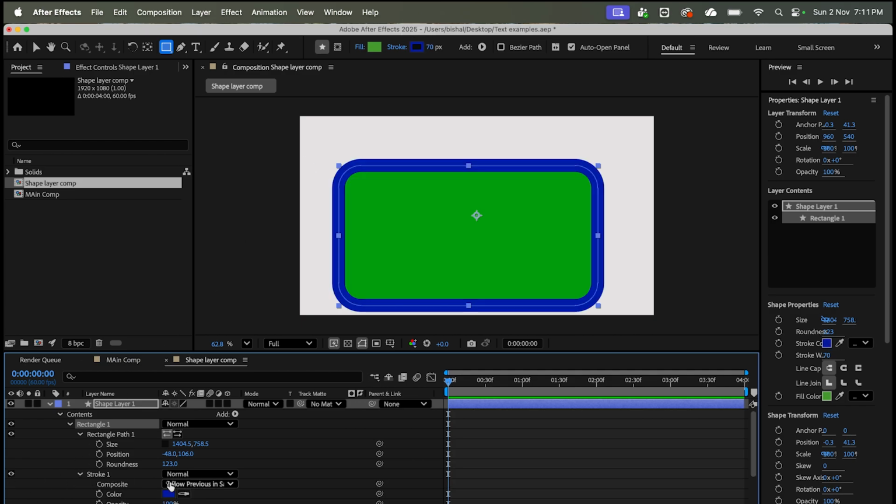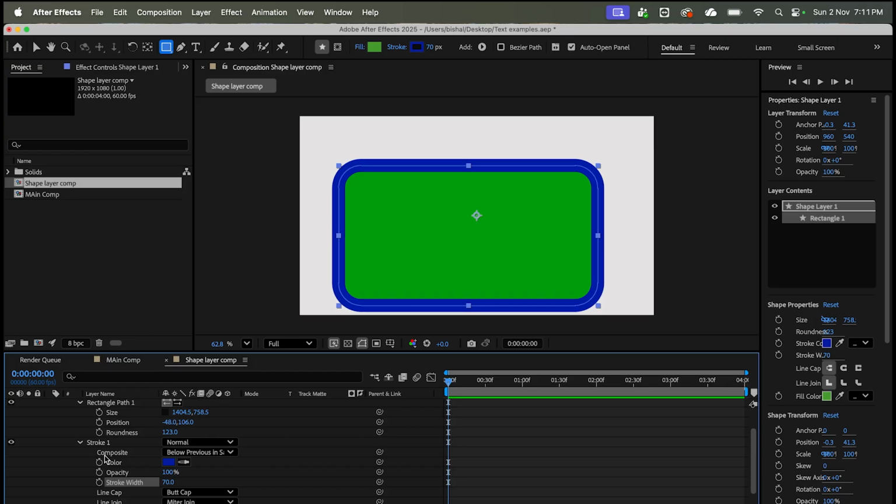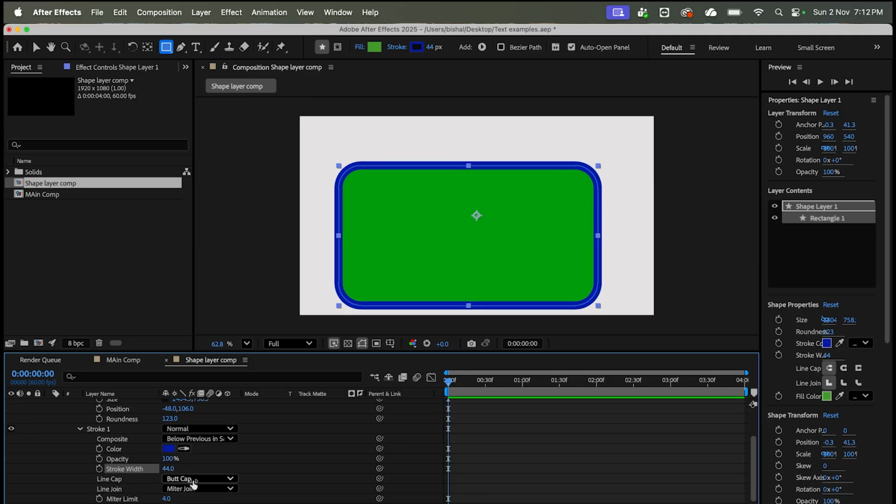Inside stroke you'll also get the blending mode, and inside composite you have below or above previous group. In that section you have a color control, you have opacity, so you can change the opacity of the stroke, you have the control of the stroke width, and also line cap,